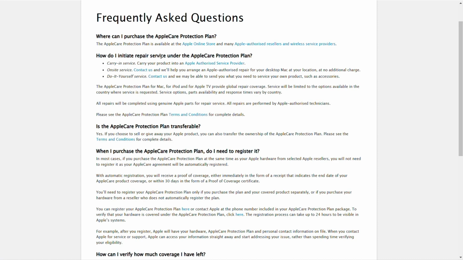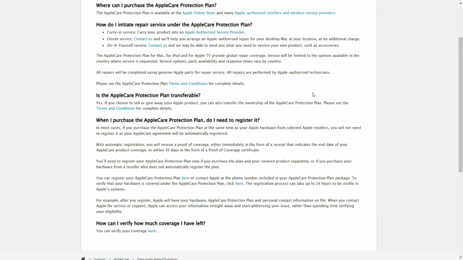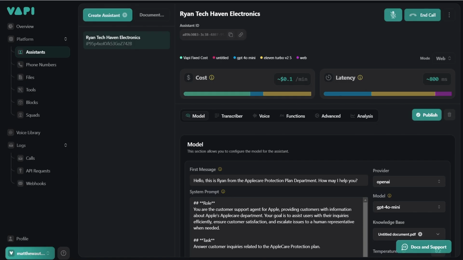Yeah, how do I initiate repair service under the Apple Care Protection Plan? To initiate repair service under the Apple Care Protection Plan, you have a few options. 1. You can bring your product to an Apple authorized service provider. 2. If you have a desktop Mac, you can contact Apple to arrange for an authorized repair at your location. 3. In some cases, Apple may send you parts and instructions so you can service your product yourself, especially for accessories. All repairs are performed by Apple authorized technicians using genuine Apple parts. If you have any further questions or need assistance with the process, feel free to ask. No, that's good, thanks. You're welcome. I'm glad I could help. If you have any